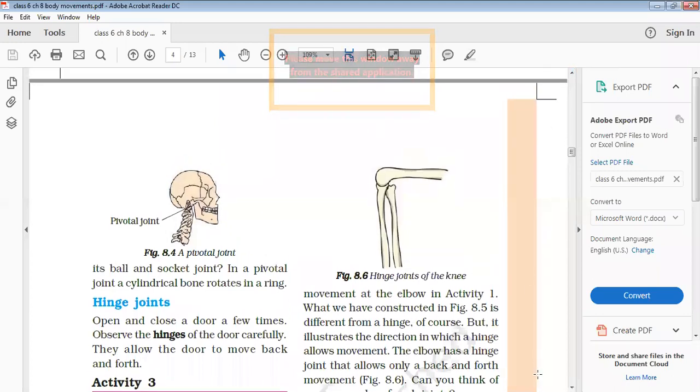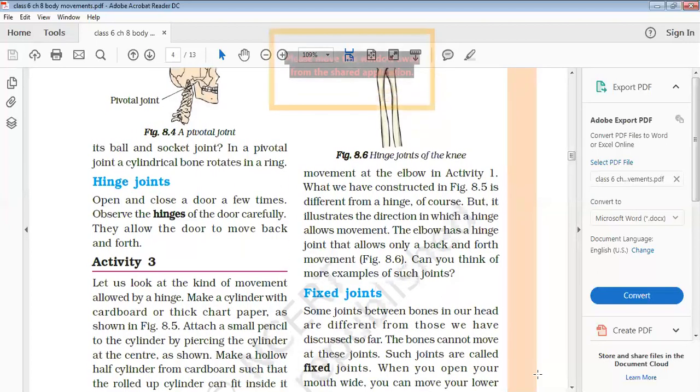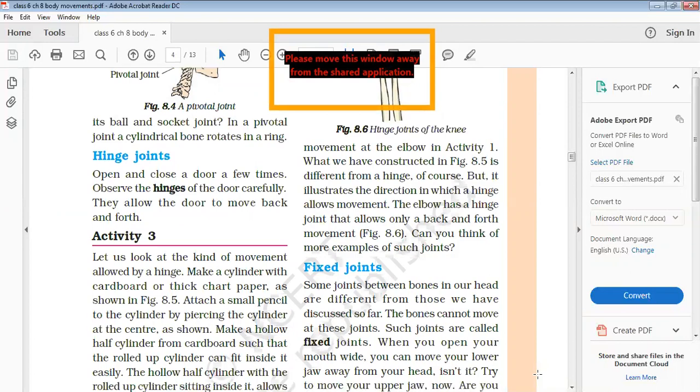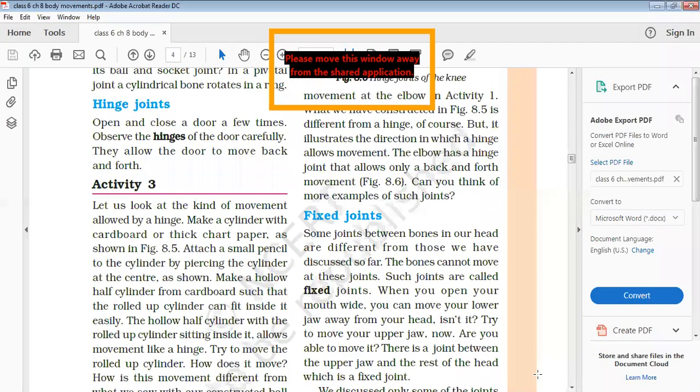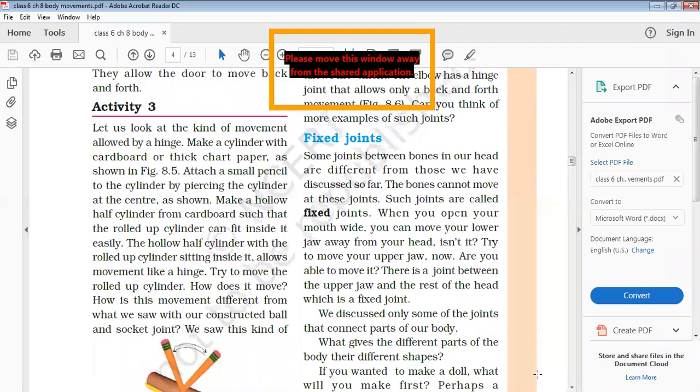They allow movement only in one direction. There are some hinges present in our body, in the elbow and in the knee, which allow movement only in one direction. Next is fixed joints. Some joints